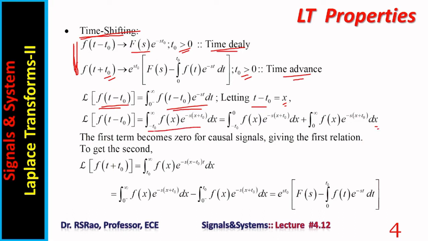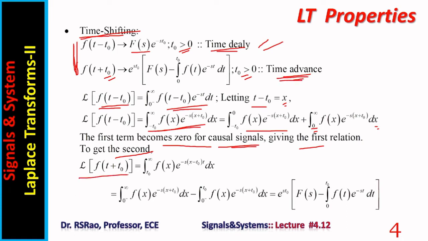Here the integral has been split into two parts: one integral from minus t naught to 0, another integral from 0 to infinity. The first term is 0 for causal signals, giving the first relation, this one. To get the second one, meaning the one for time advance,